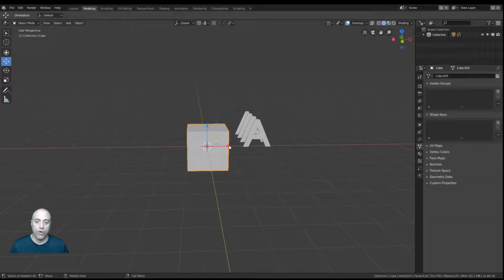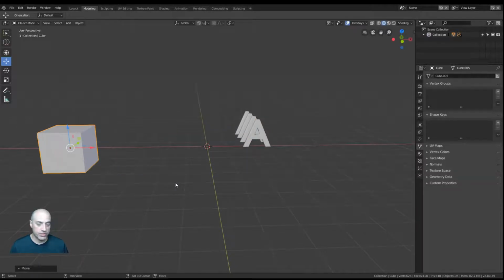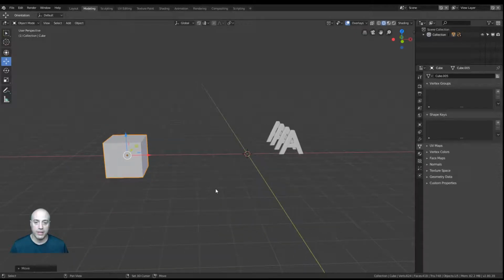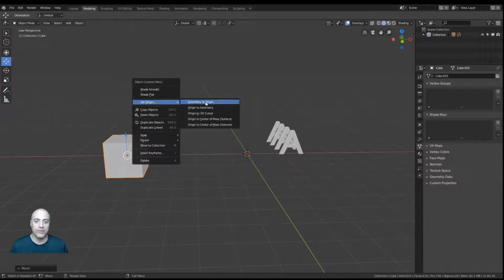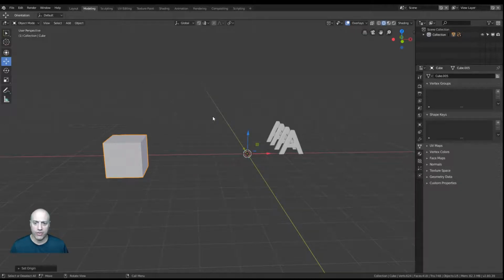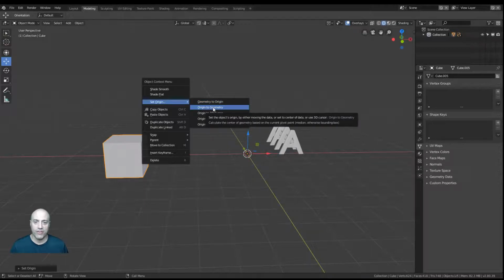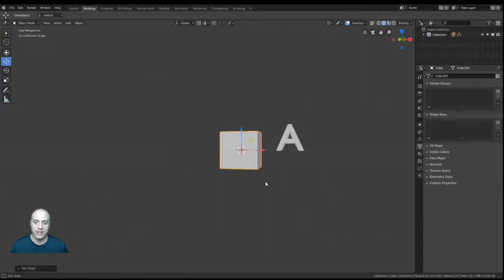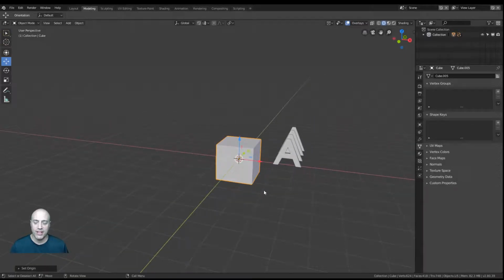If this cube were off center, I could do a Shift C, and if we were in Blender 2.79, it would center, but we're not. So we're going to do geometry to... To get it back, we're going to have to right click, origin, and then origin to 3D cursor. Now we have our origin back at our 3D cursor. And geometry to origin, and we're back. We are back in the center. So anyway,